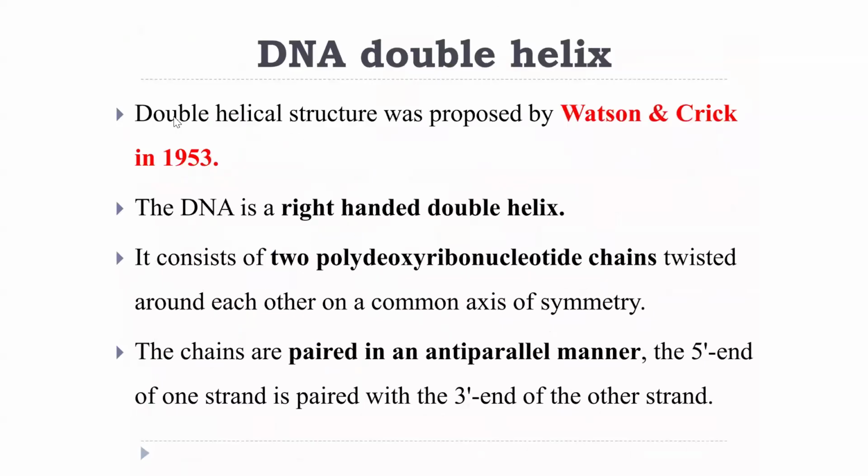The DNA double helix. The double helix structure was proposed by Watson and Crick, Francis Crick and Watson. Watson and Crick are the scientists that proposed the double helix structure of DNA in the year 1953. And the DNA is a right-handed double helix. When you say it is right-handed, it means that it is moving in a spiral through the right direction, and it consists of 2